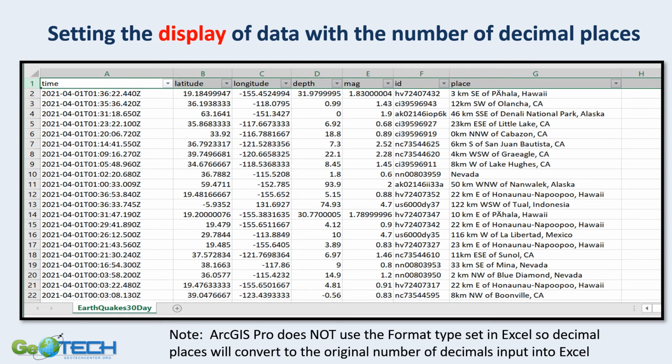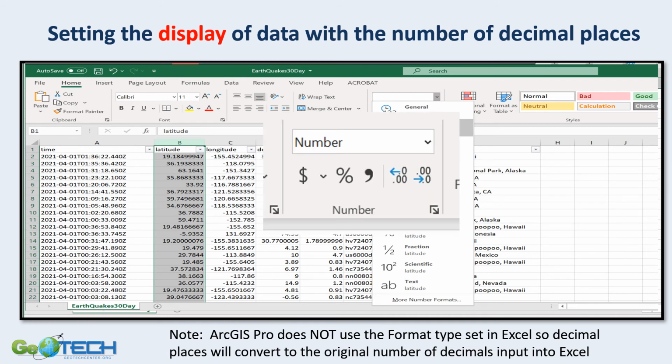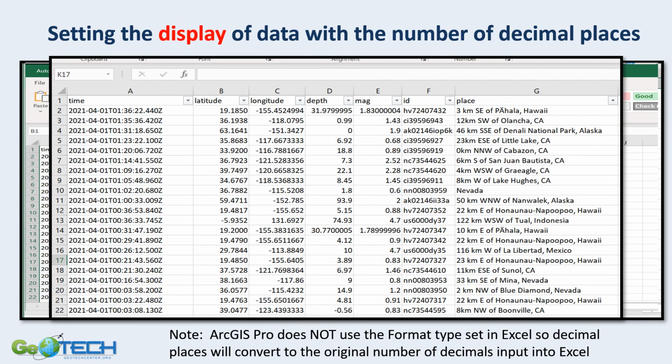Setting the display of the data with numbers of decimal places is also pretty useful in Excel and in CSV files. But look at depth. I have depth to a very high precision, lots and lots of decimal places. I may not want those, so I can actually go in and use another tool to look at custom and display and just a number, and use just the number that I want of decimal places. Say I want 1 or 2 or none, and all of a sudden it makes a lot cleaner